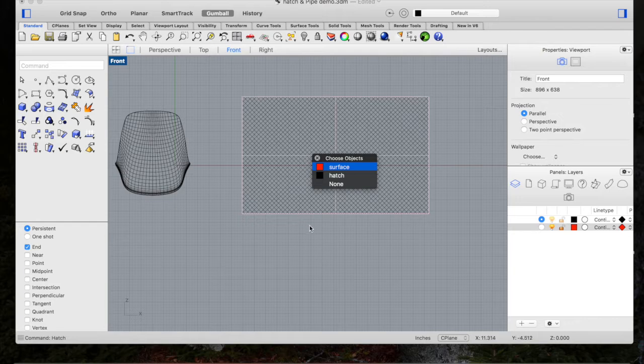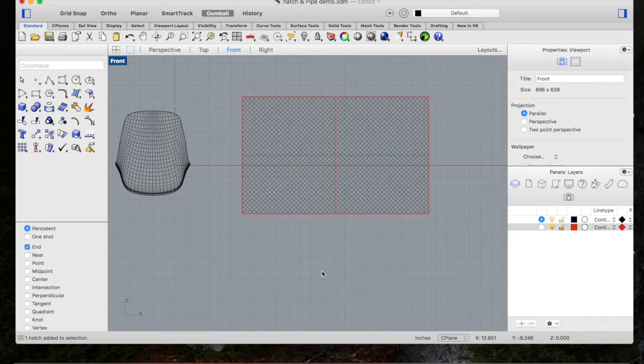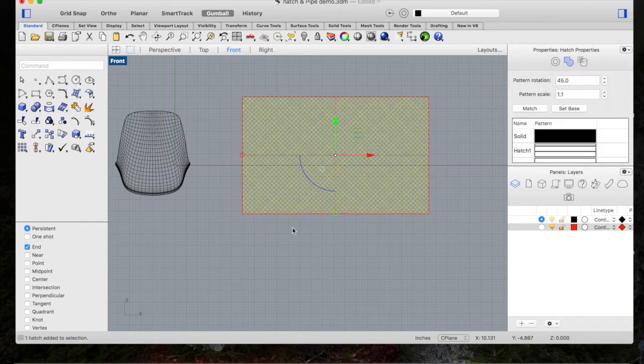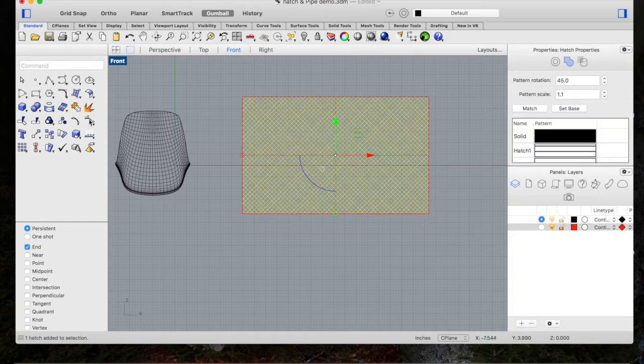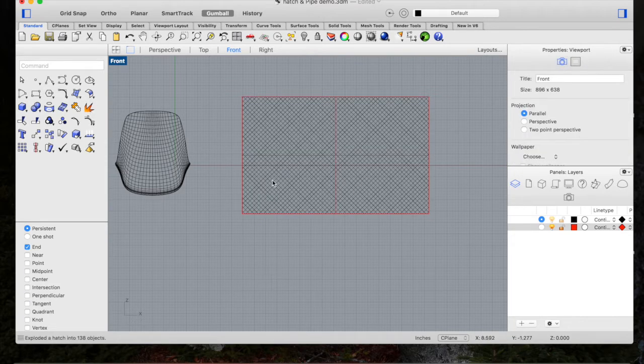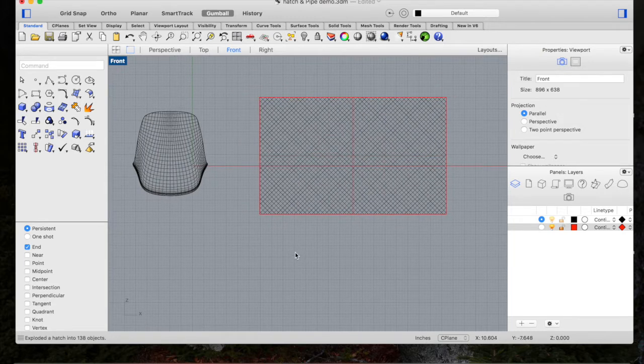Now you'll notice that when I select the hatch, it's one object. So what I want to do is explode that so that it's many little objects. Now, of course, all these things are separate little curves. I need to select them again, so in order to do that, I'm going to